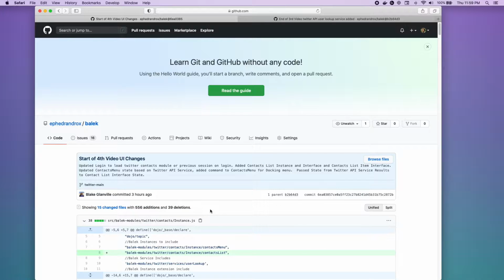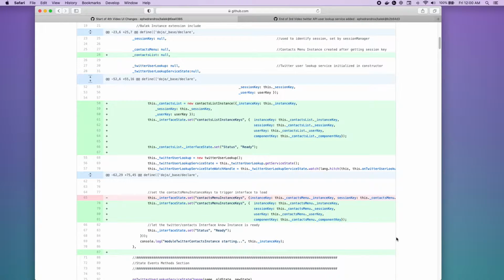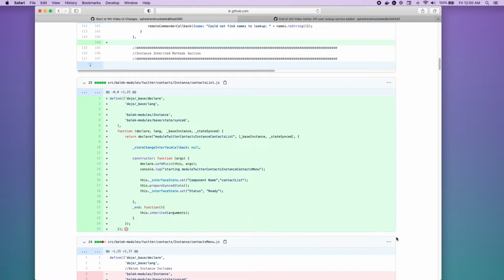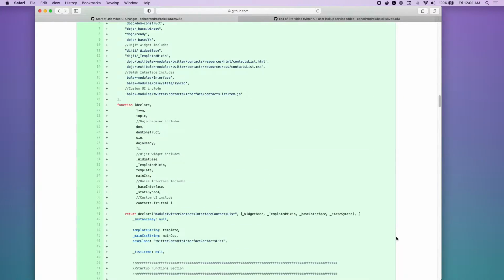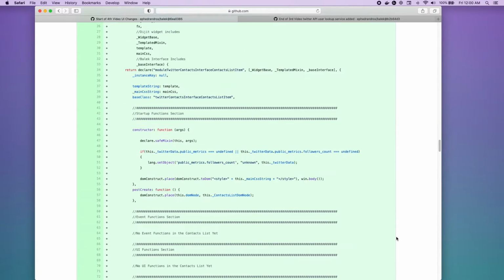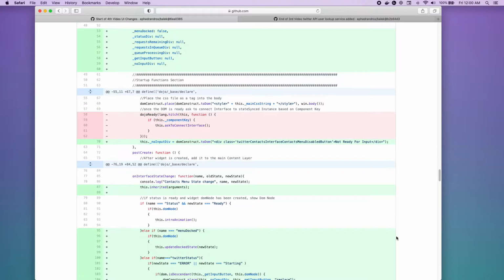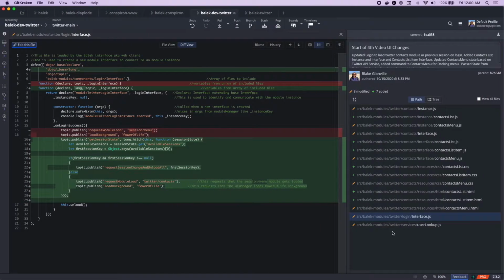the last video. I have saved this commit as Start of Fourth Video UI Changes and referenced a link in the summary of the video. I will also reference the changes we commit at the end of the video. Most of the changes I made are variations of things I covered in previous videos. The changes include 8 modified files and 7 new ones. Just a brief overview before we cover the database controller.